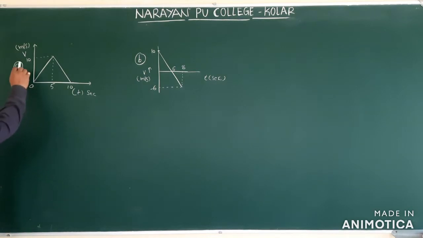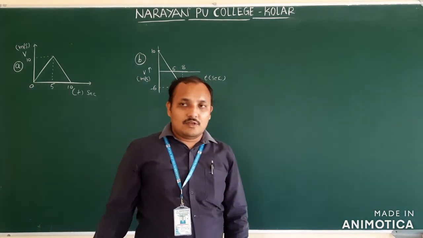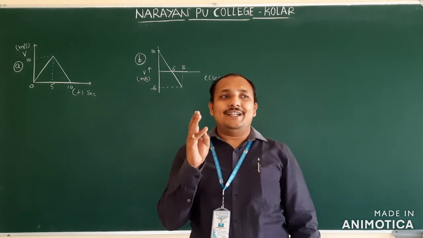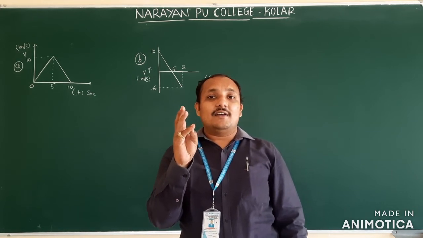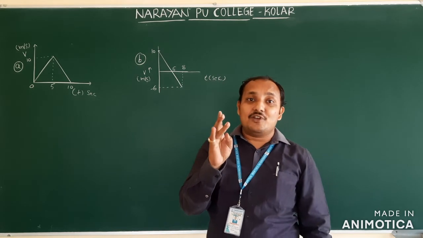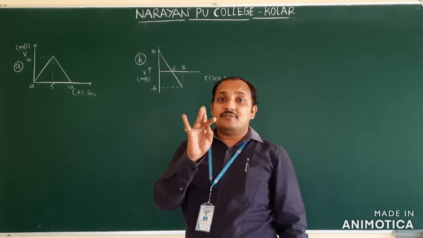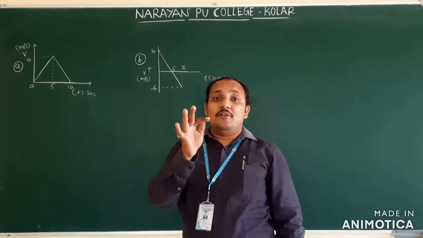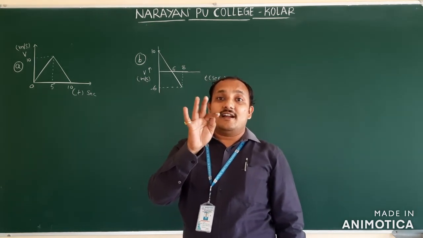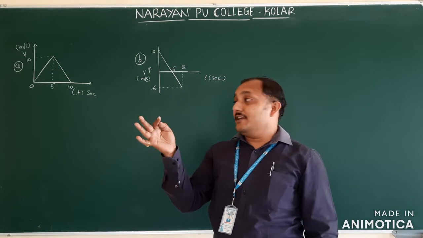So this is the graph drawn between velocity and time. Already we discussed some note 1, note 2, note 3, note 4, note 5. You remember? The slope of the displacement time graph gives velocity. The slope of the distance time graph gives speed. The slope of the velocity time graph gives acceleration. The area under the velocity time graph gives displacement or distance. We will see now. That one only they ask.